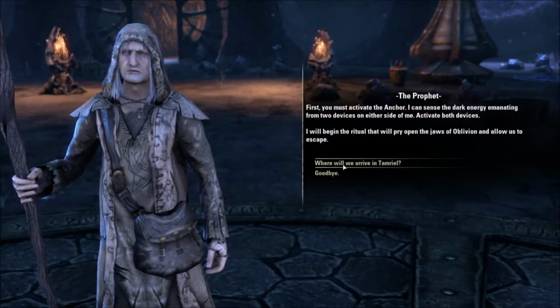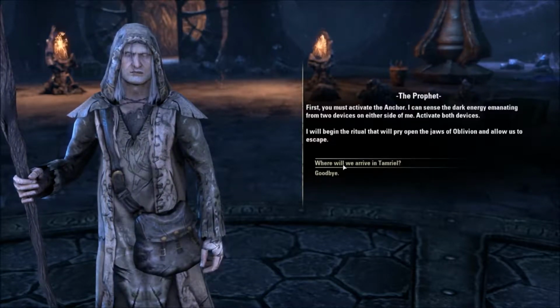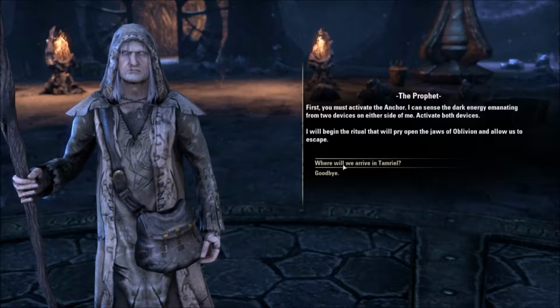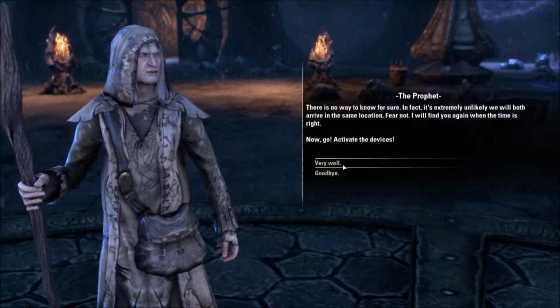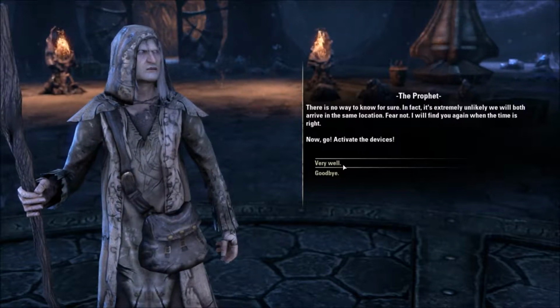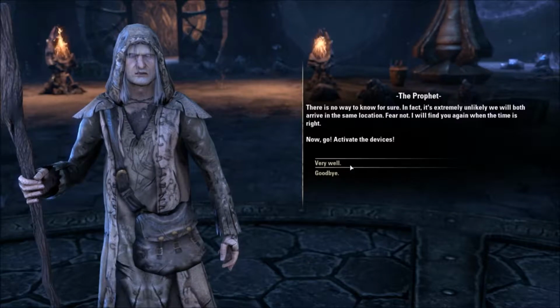Quickly. First, you must activate the anchor. I can sense the dark energy Chill out, dude. emanating from 2 devices on either side of me. Activate both devices. There is no way to know for sure. In fact, it's extremely unlikely we will both arrive at the same location. Fear not. I will...